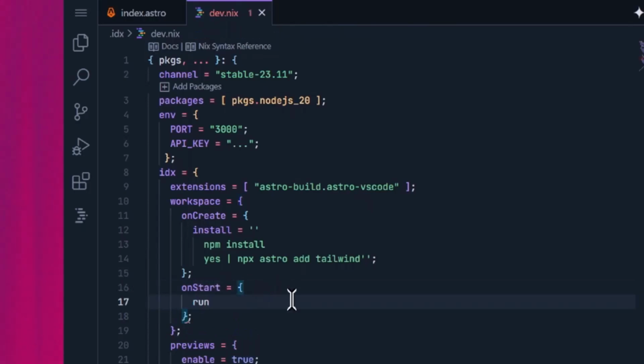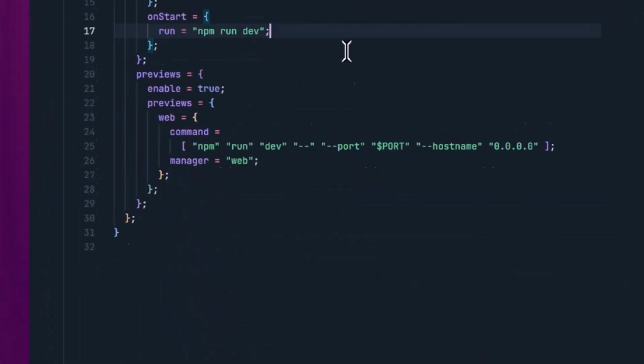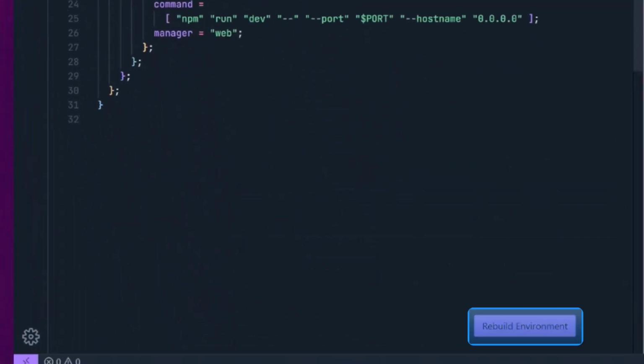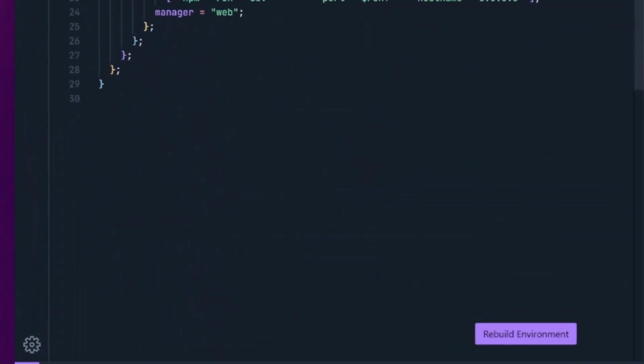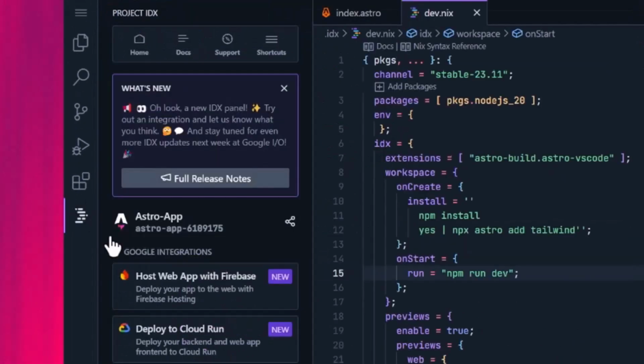In here, we can set up a task and specify a command to be run when the task is executed. In this case, we want the dev command to be automatically executed when we start the workspace, and by start I mean every time we close and reopen the workspace. For this to take effect, we need to rebuild the environment by clicking this button. This button will show every time we make changes to the configuration. But before we rebuild the environment,